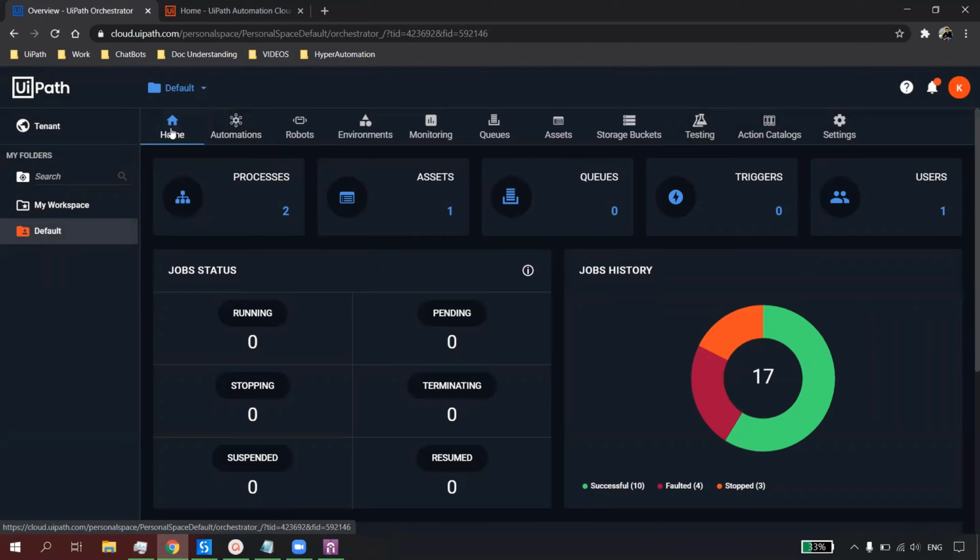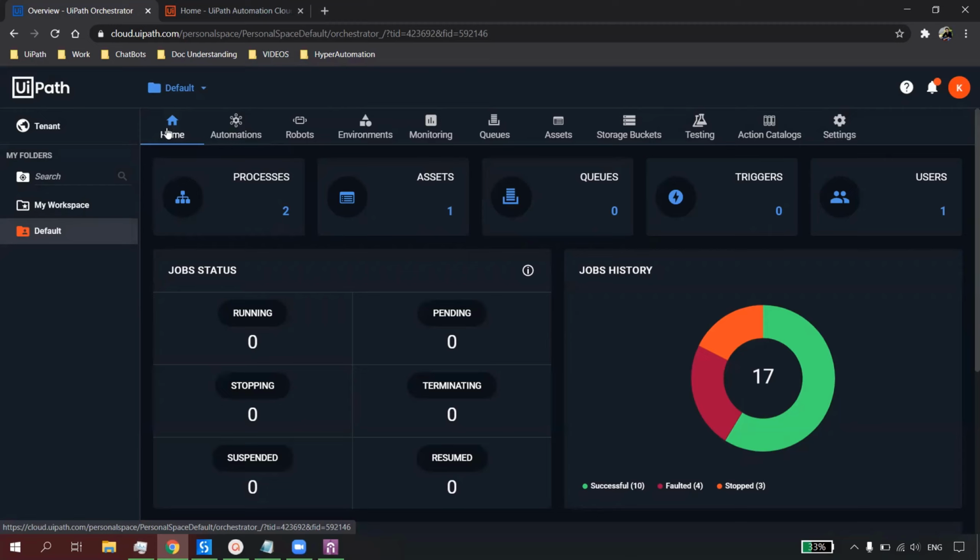In some companies he will have the access, but in some companies he won't. If the developer has the access, then the developer can directly go and deploy it, right? But most of the companies won't give that testing access to the developer. Otherwise the developer can go and change the packet, change the asset, everything, right?